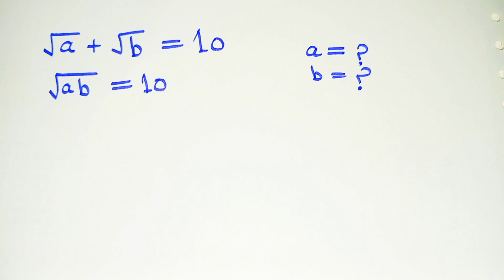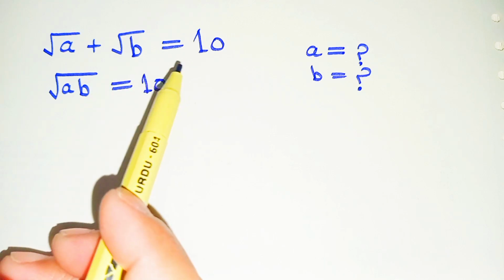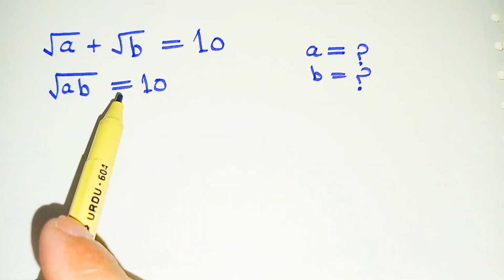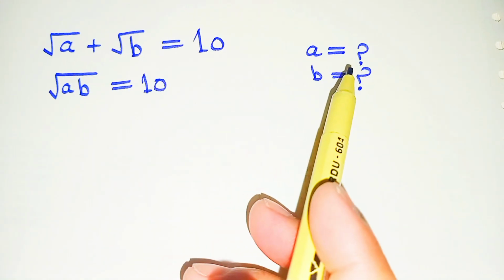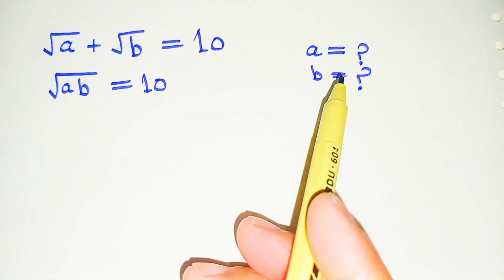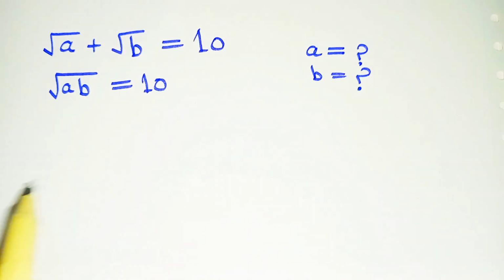We are going to solve a nice algebraic problem. Given that square root of a plus square root of b is equal to 10, and square root of ab is equal to 10, find a and b. So first of all, we can write